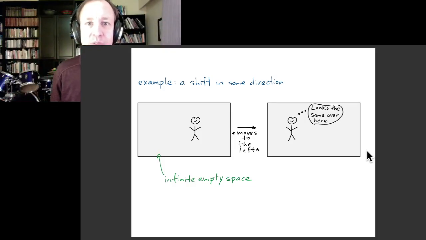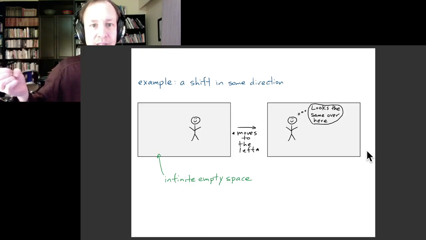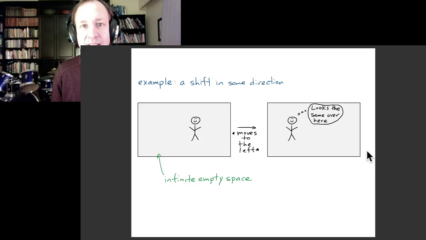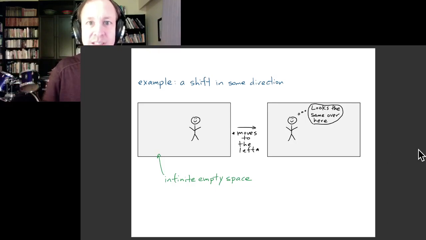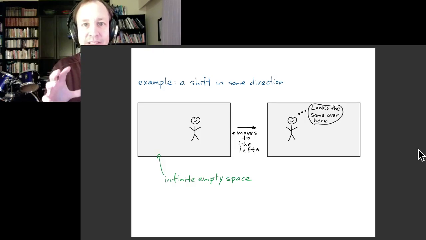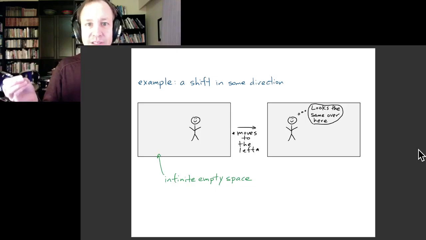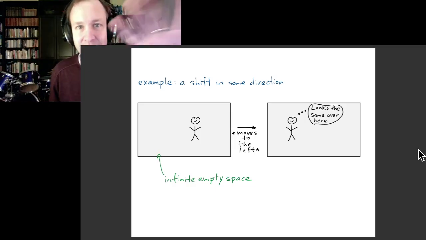Okay, so this is the idea of symmetry of an environment. We're going to talk about more examples later on, but first I want to tell you about why we care about these symmetries in physical environments. And the reason we care has to do with a beautiful result in physics, I think one of the greatest results in the history of theoretical physics.